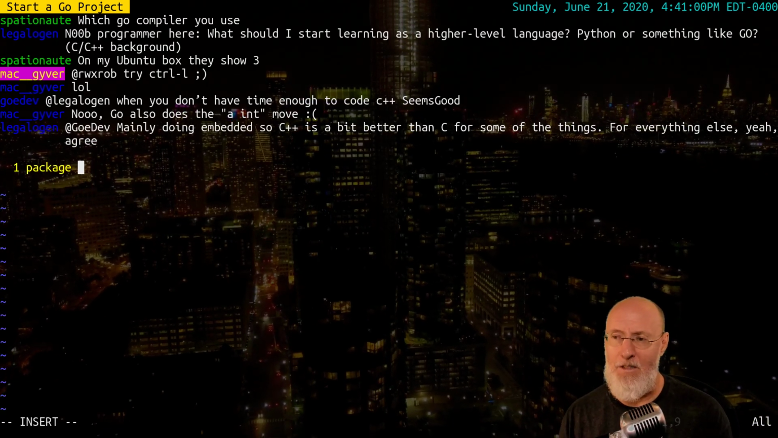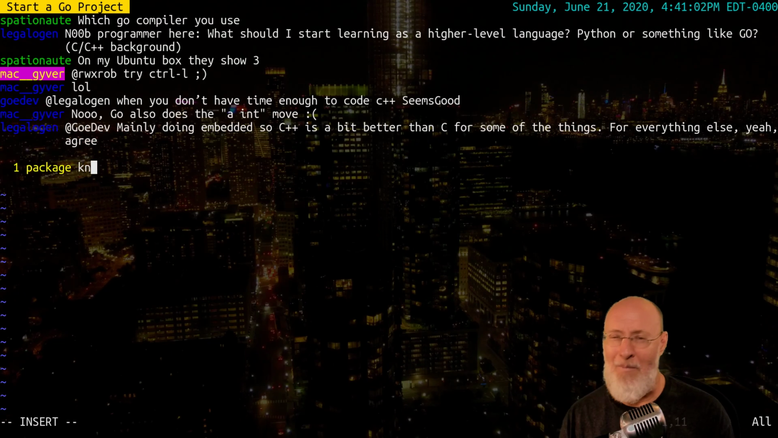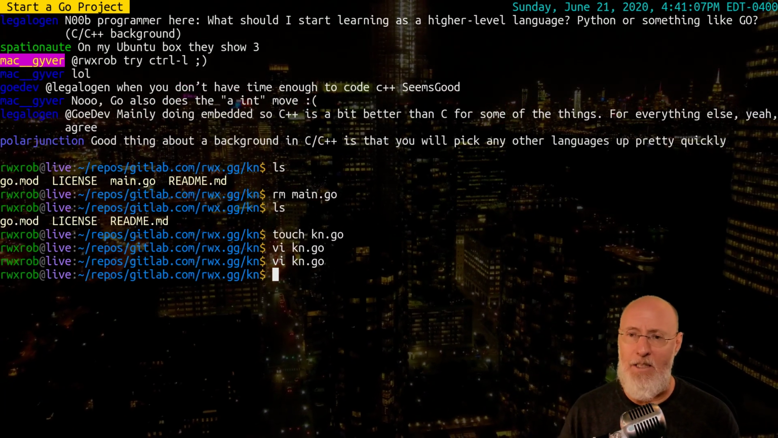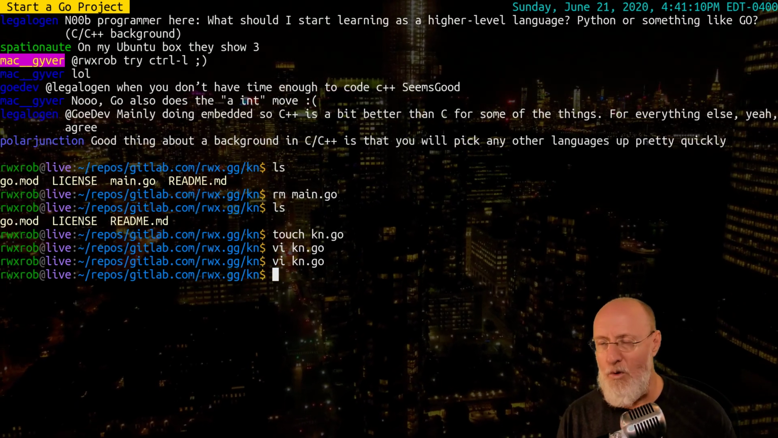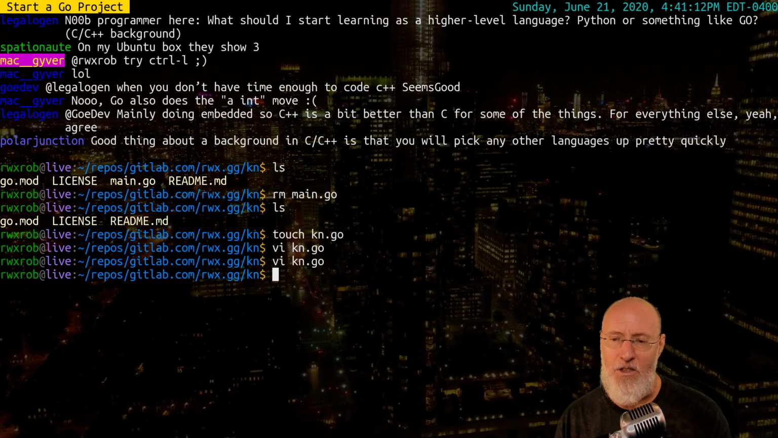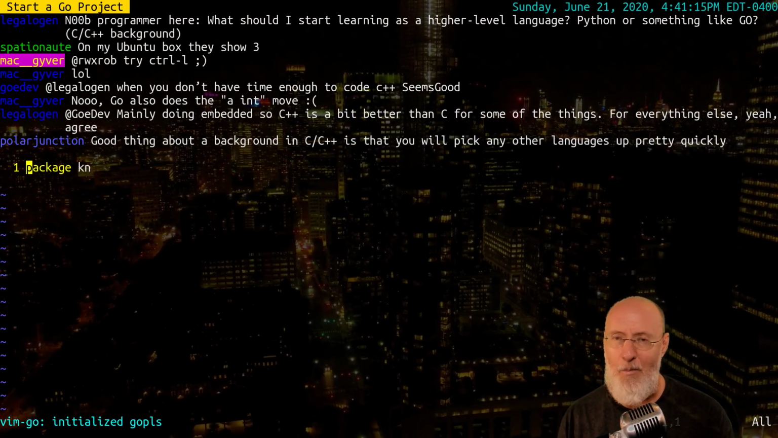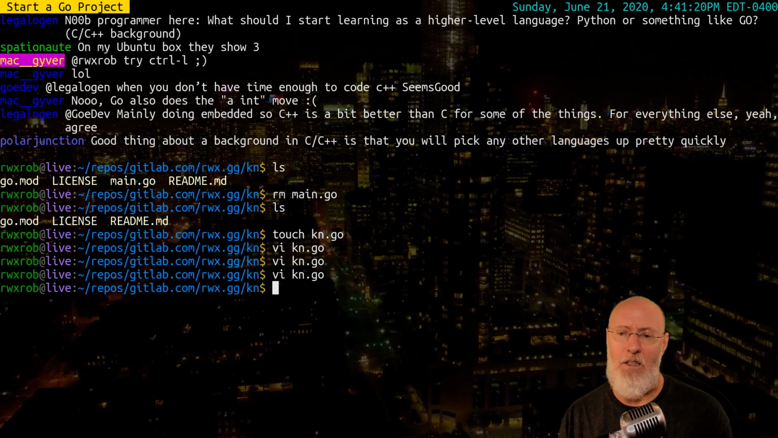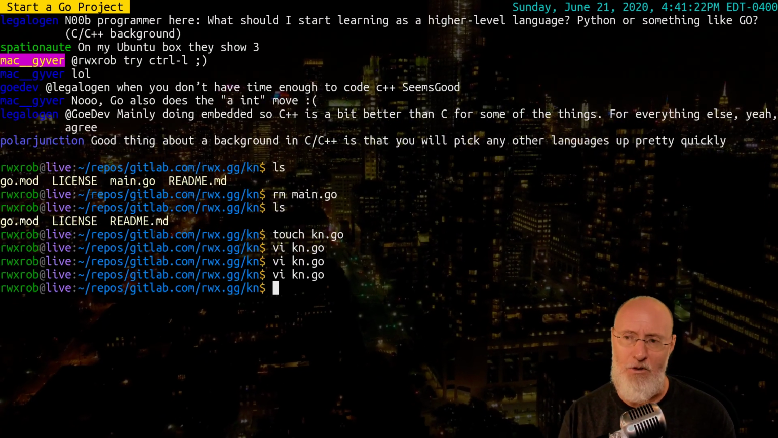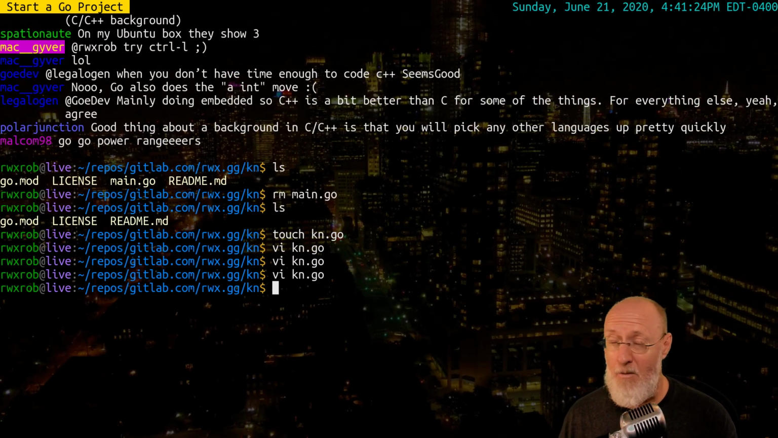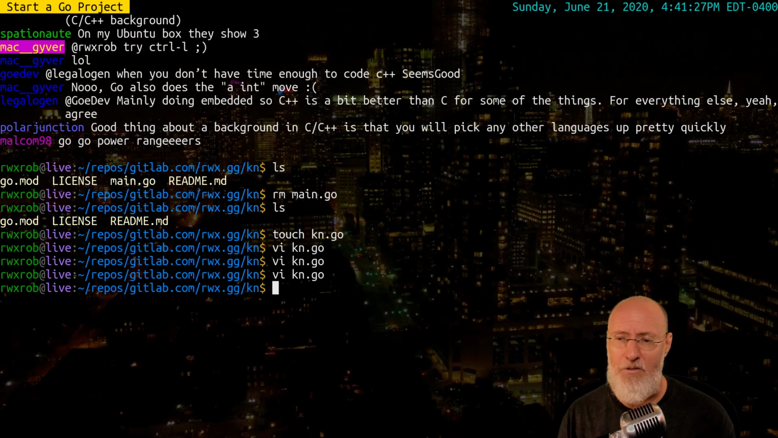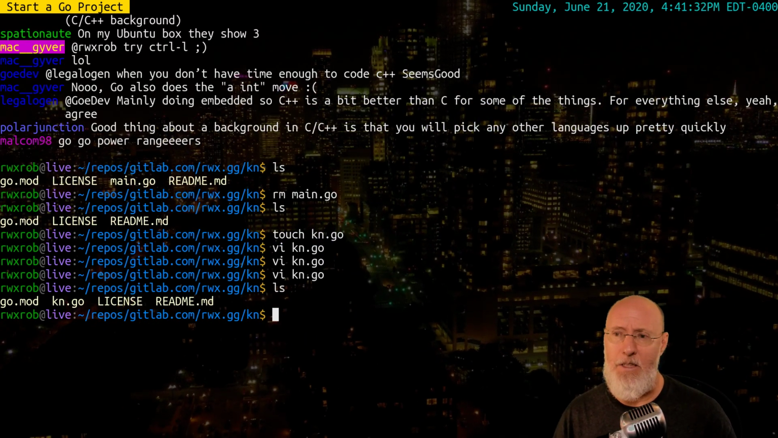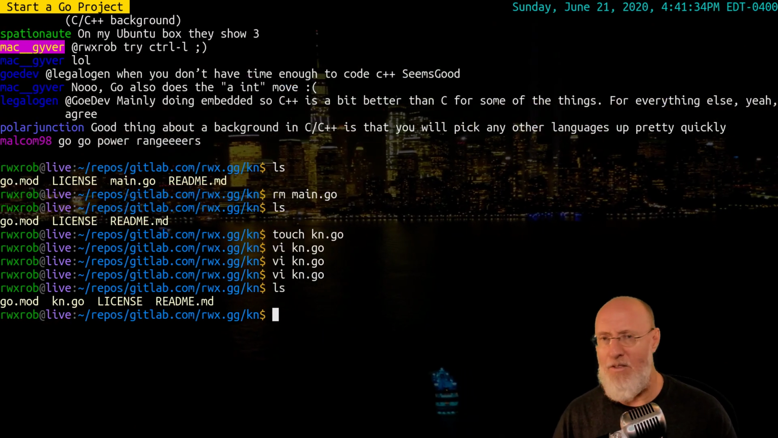So in this case, I don't want to do that. I want to type package kn, because I want it to match. Sometimes people will do like kn-go or something like that. There's no rules there. The main thing you need to know is that you generally have a package instead of main. I like to keep the package name the same as the directory name. Some people will do lib.go because that gives you a visual representation right away that it's a library, and that's the main. So lib is basically the main